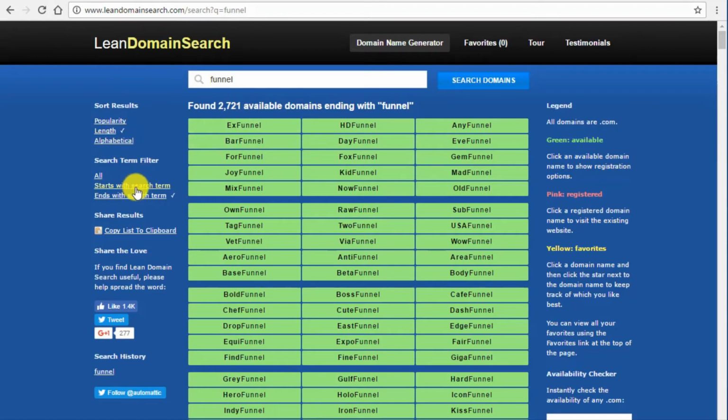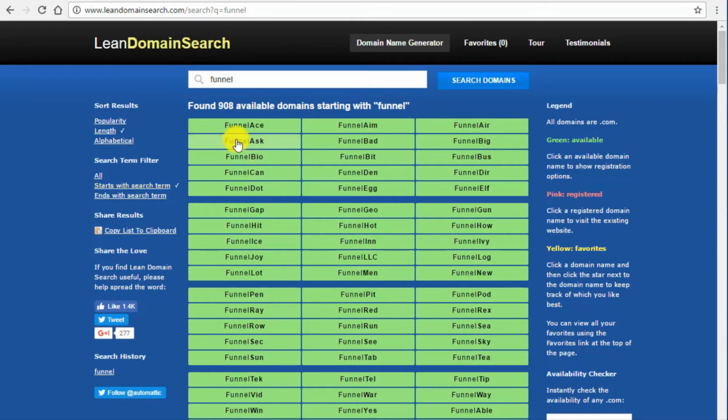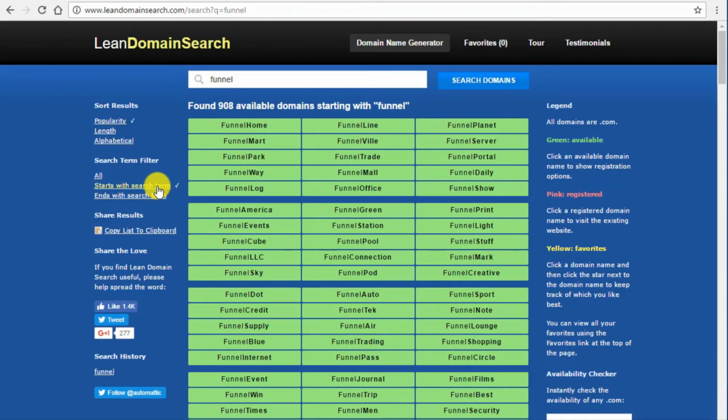If we wanted to do start with search term, now everything is going to be funnel first. And you notice that it'll tell you how many domains are available based on your search terms. So let's go popular and start with funnel. So the popularity, we have funnel home, funnel line, funnel planet, funnel mart, funnelville, funnel server. All these options. If you wanted to change your word, it's just as easy as going up here and saying,